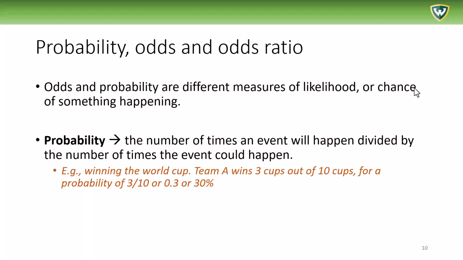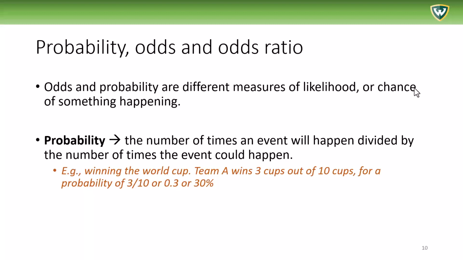Probability, odds, and odds ratio. Odds and probability are different measures of likelihood or chance of something happening. I wanted to bring up these concepts here, even though you may already be familiar with them, to provide a review of them in the context of studying logistic regression, because logistic regression uses odds and odds ratio in